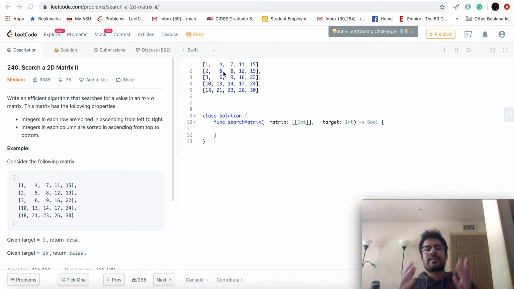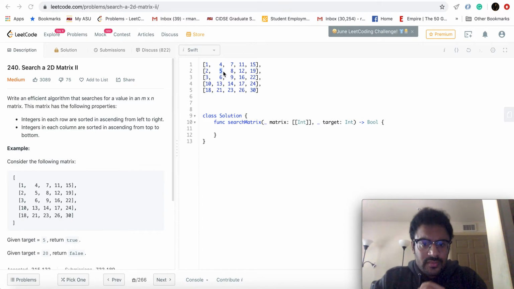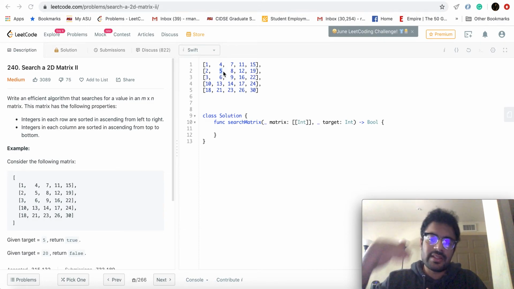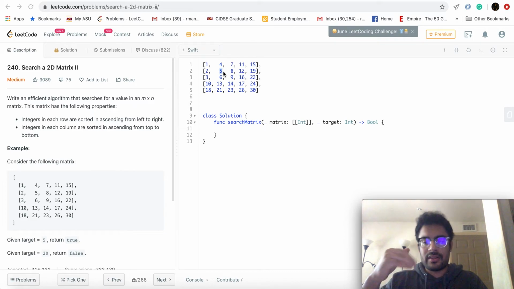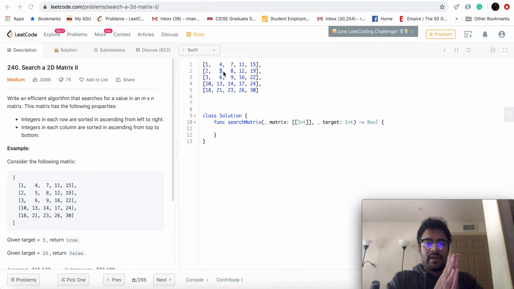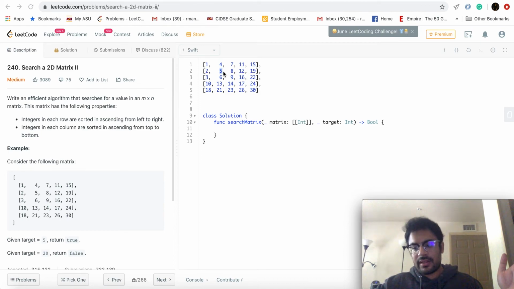We will traverse the entire 2D array in this manner. If we find a value which is greater than the target value, we just climb a row. If we find a value which is lower than the target value, we progress a column, and this way we will traverse from the left end to the right end at max.